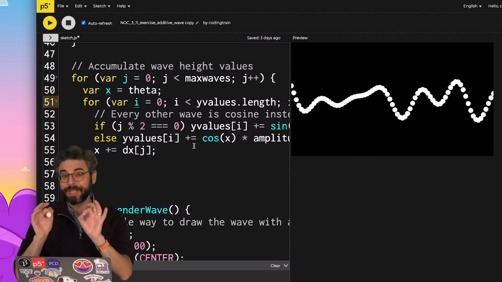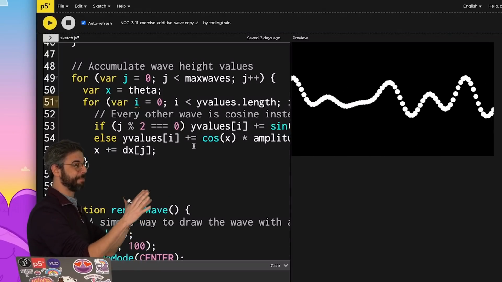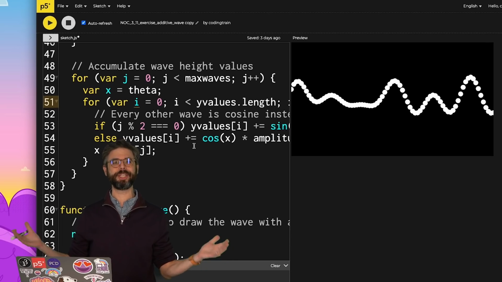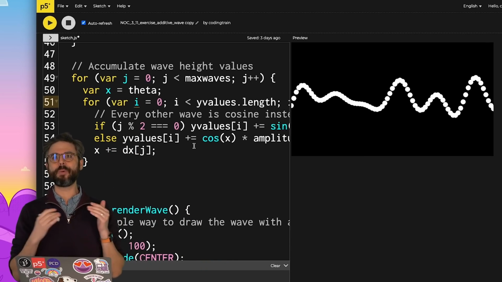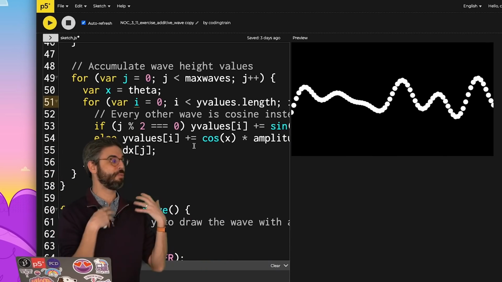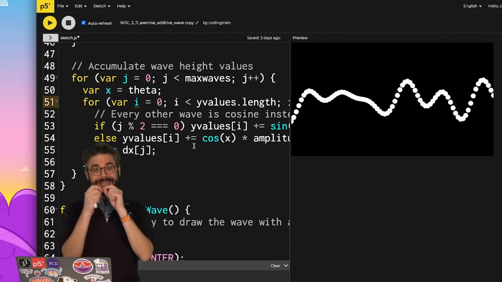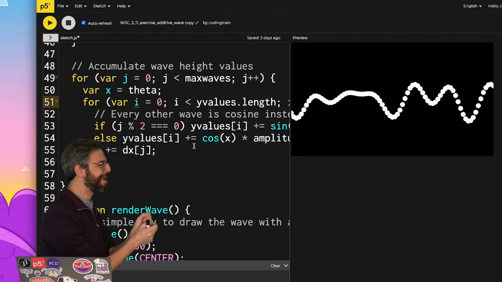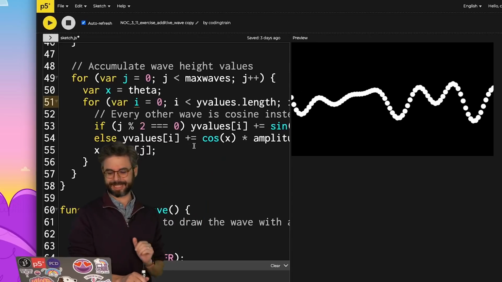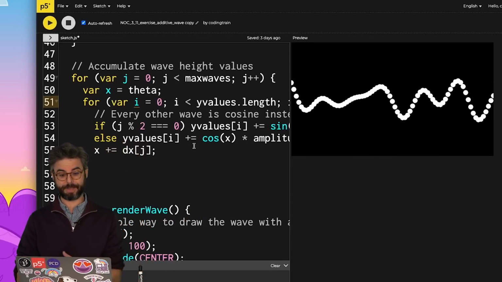In the very first video of chapter 3, I showed this example when talking about oscillating motion in general. What if what I want to model is some type of undulating wave pattern? So by the end of this particular video, I want to have something just like this example for you to be able to work with.